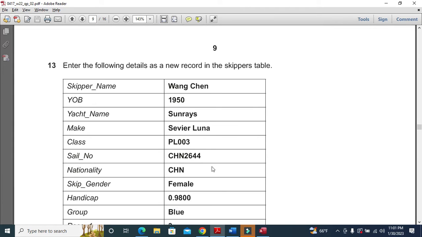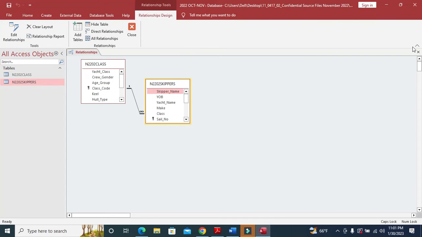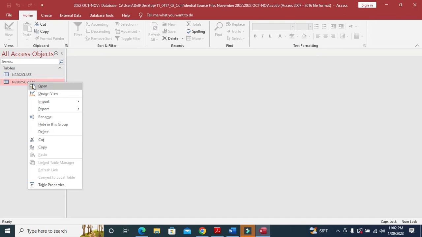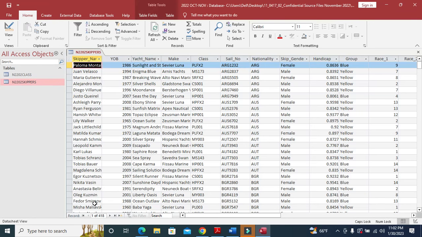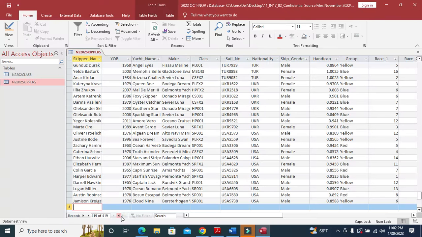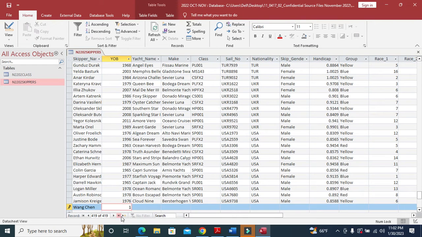relationship. Now we need to enter the following detail as a new record in skippers table. Close this one, save the changes, and now apply the changes. Just go to the skipper table, open, and then go to new record here and enter the data as the answer Wang Chen. So Wang Chen, and then it's 1950, then sun rays,